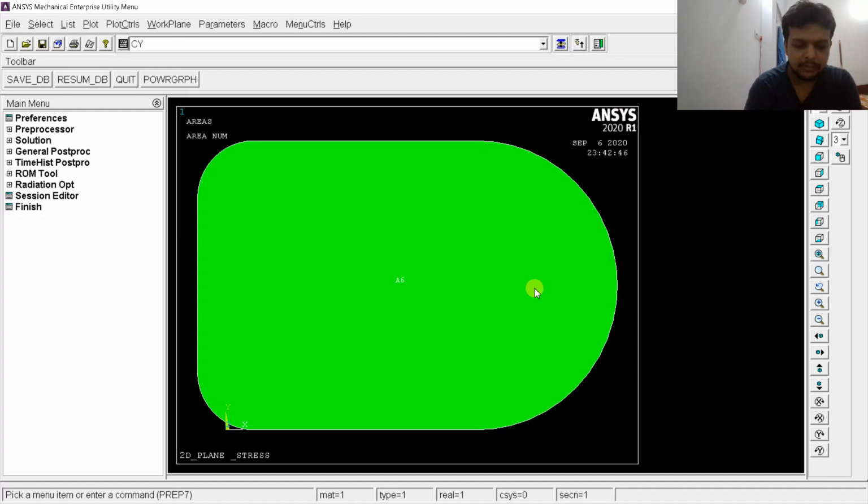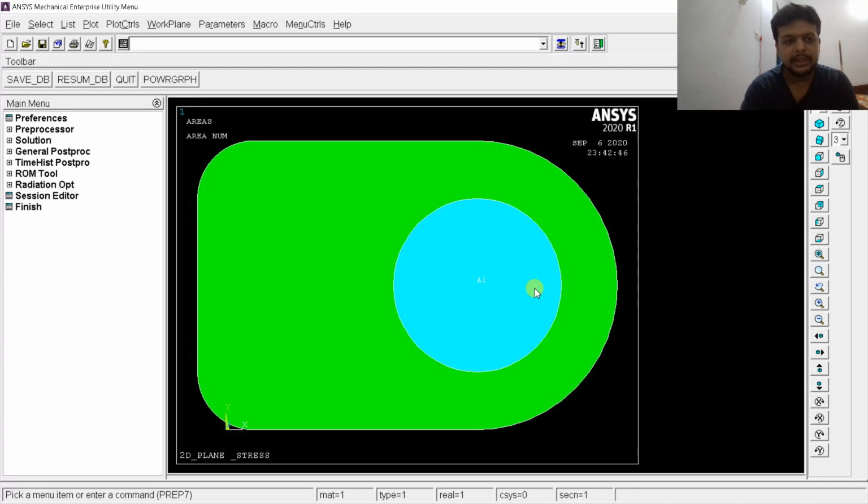I will use the CYL4 command. CYL4, x coordinate that is 90 unit, y coordinate that is 50 unit. Now the radius, I told you, I will take 30 unit. It will draw a circle and name it something. Let's observe that the older area is A6. Now the newer area, of sky blue color, is given by A1.